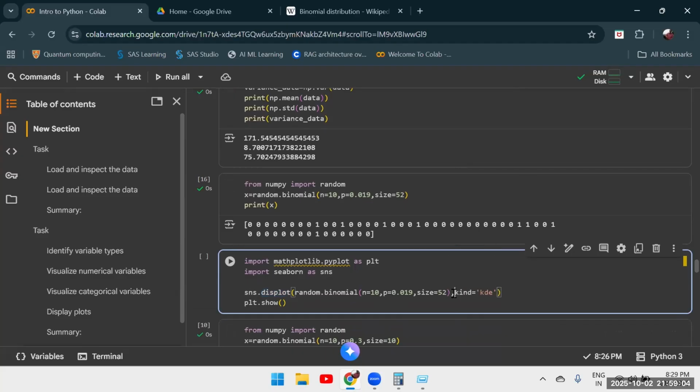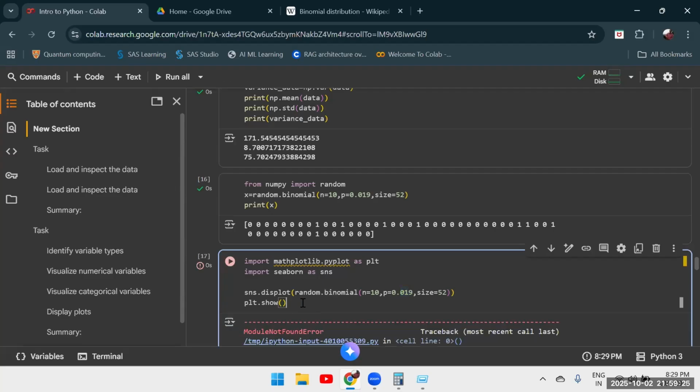I'm not going to show it with kind equal to KDE. Maybe this is not required now, but I'll reserve it for the later part. I'm just going to say the size is 52, which is 52 cards, and this is 0.19. So it is basically going to tell me a distribution of how my particular